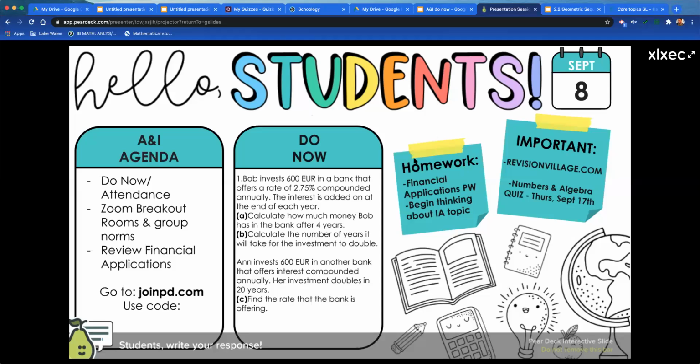Okay, so we are talking about financial applications. Like I said, overall it looked like some of you remembered how to do everything, but a lot of you have forgotten some important factors. So let's take a look at